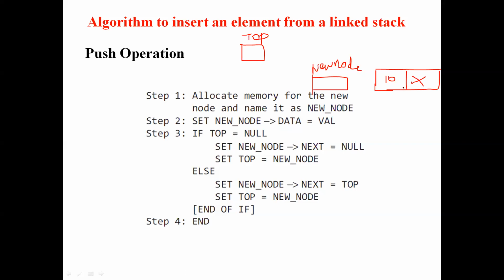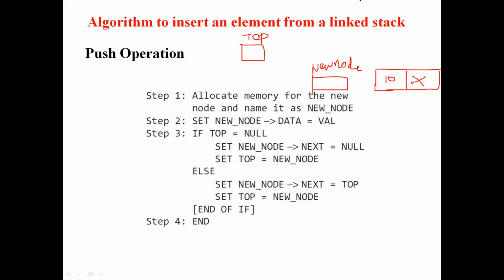Keep in mind we are using a single linked list. A stack can also be implemented using a double linked list. We are going to see an example of implementing the stack using a single linked list. If they ask about a double linked list, you should add one more field in the node, the left field. That's all. Right now, this example is meant only for the single linked list implementation.